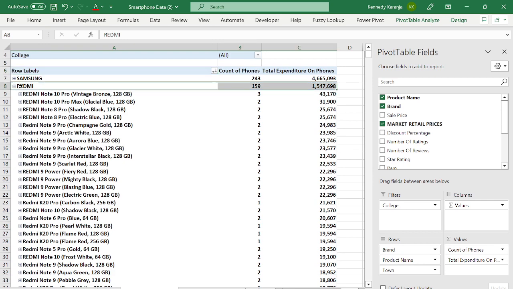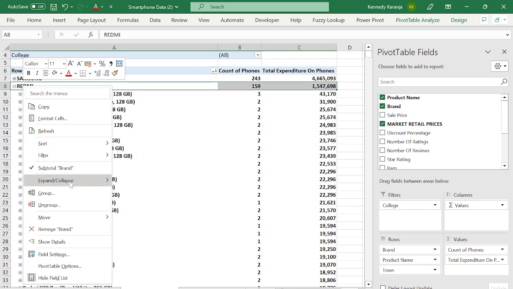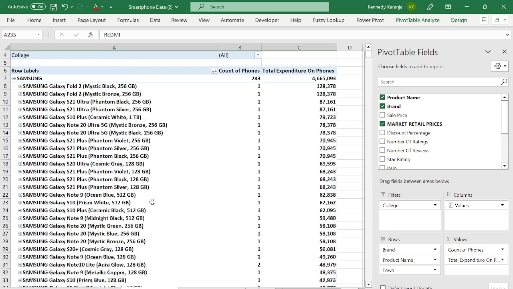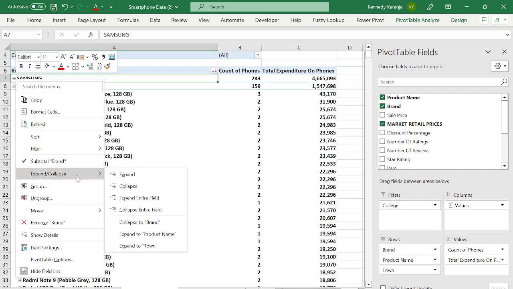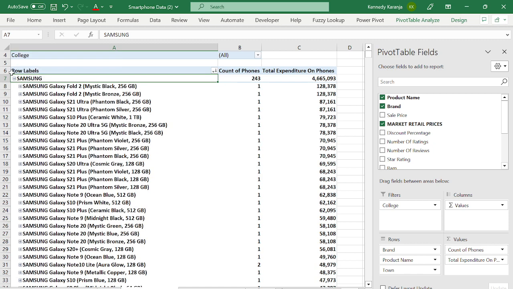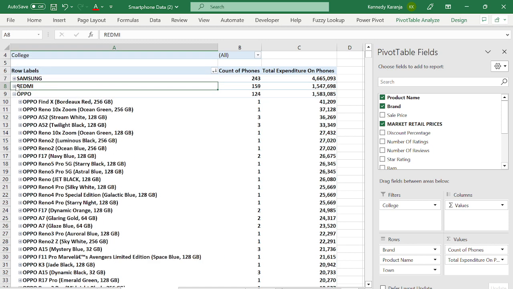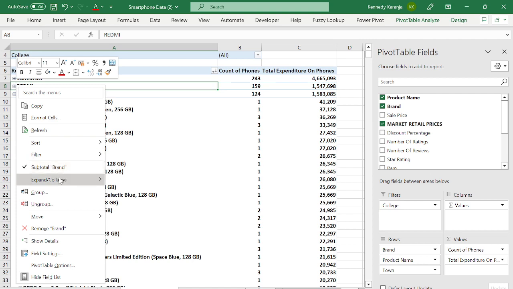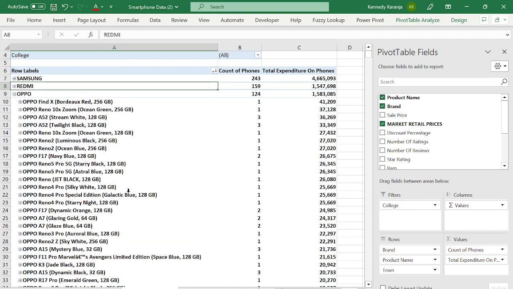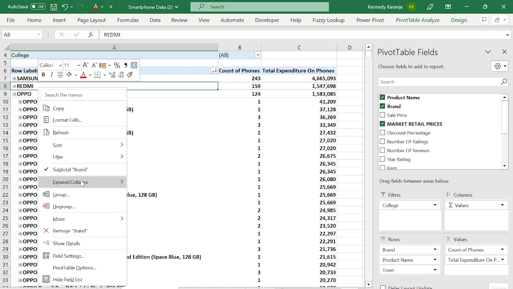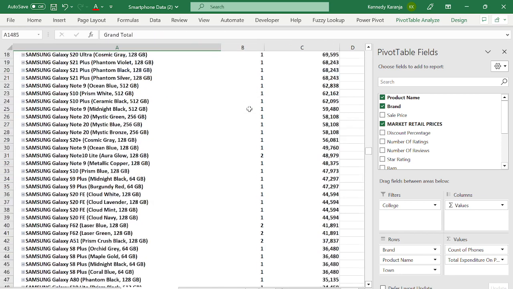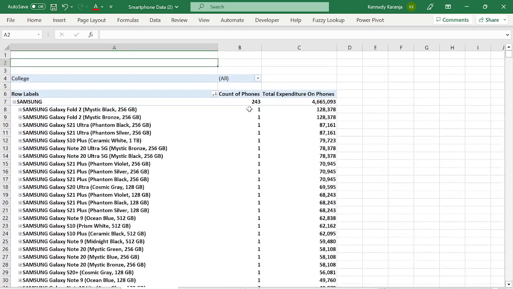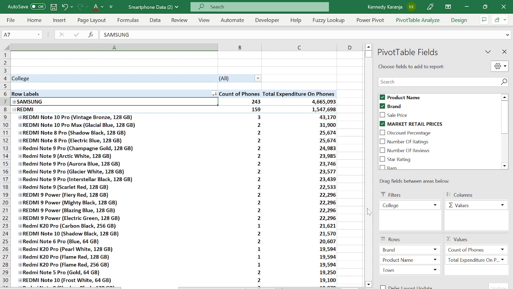Also come and collapse the entire field. Expanding the Samsung one, but the point I wanted to drive is now you can even have your college as